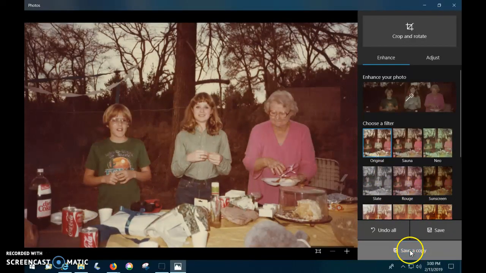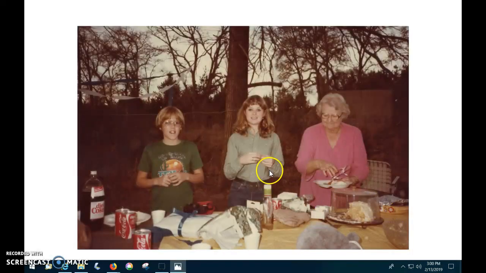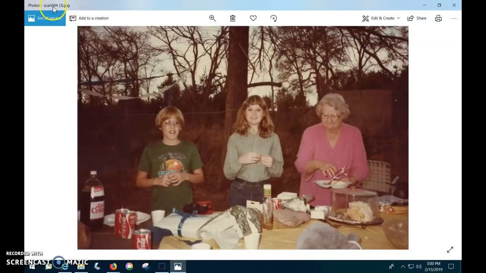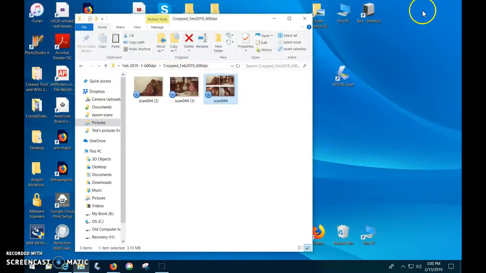And I'm going to save a copy. And it's just going to give it the same name, that scan 44, and it just puts the number 3 in there. So now I'm going to, I think, just shut this. All right, we've got 2 more to go, and then we could rename these last. So I'm going to do the last 2 really quickly